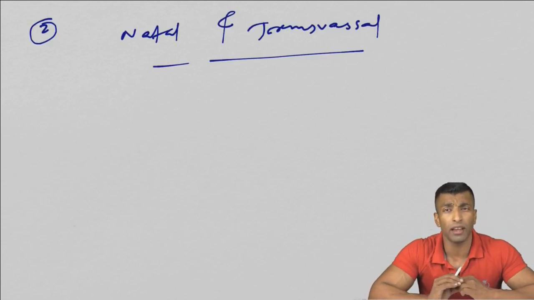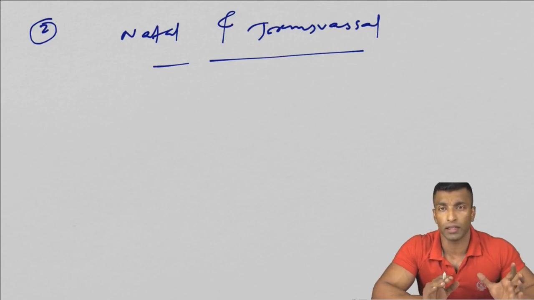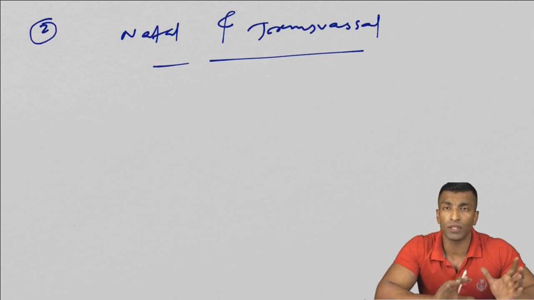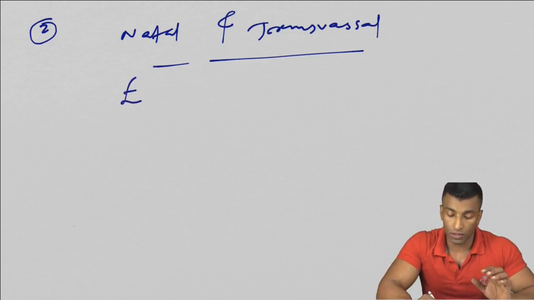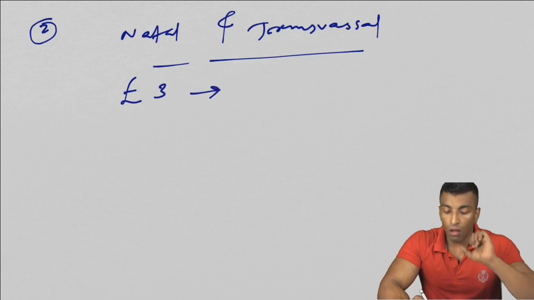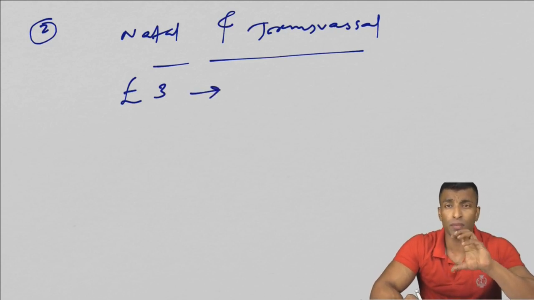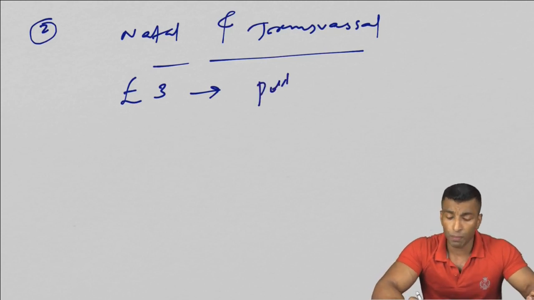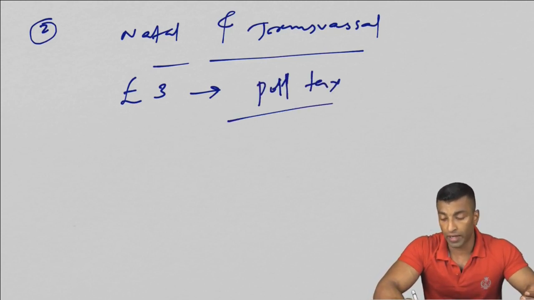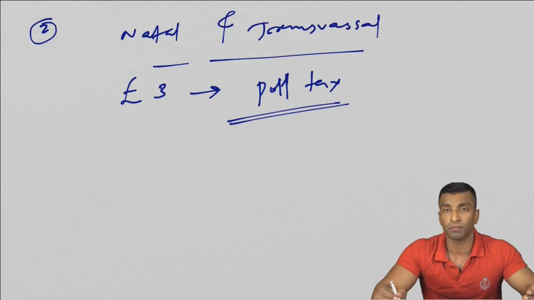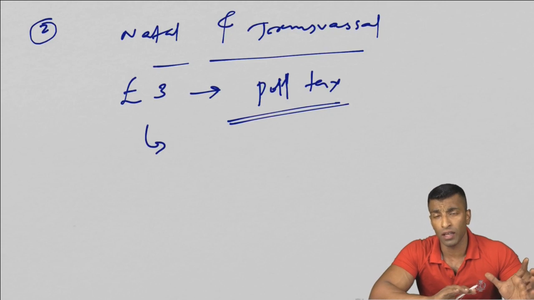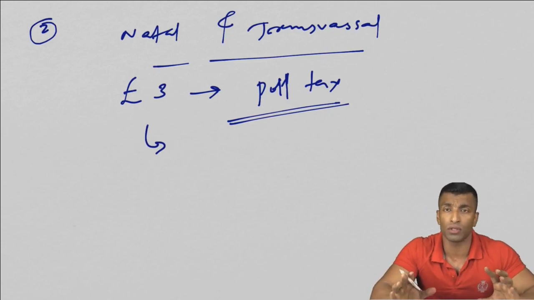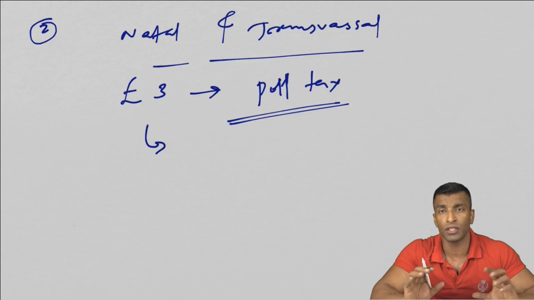But the Britishers really never wanted Indians to settle there. So what they did is, if you want to settle there, you have to pay a one-time fee of £3. This was imposed on ex-indentured laborers to settle in any of these provinces, and this is the poll tax. And this was very high. This is close to or equal to around 3 months of the salary of those indentured laborers.